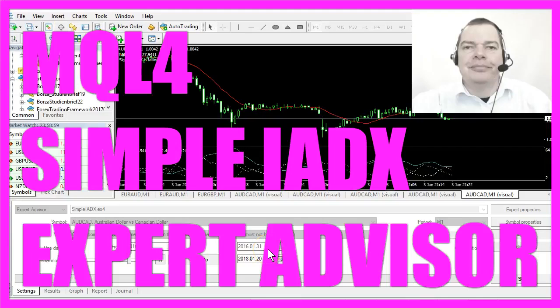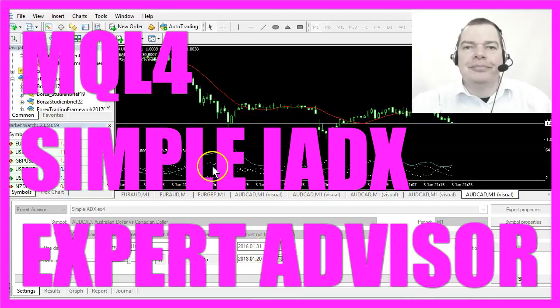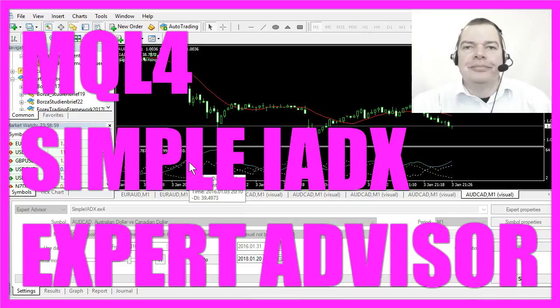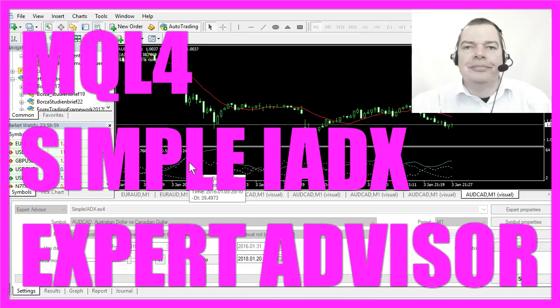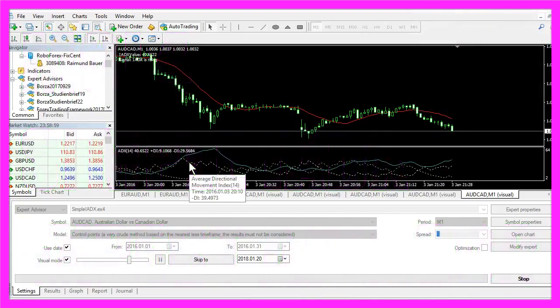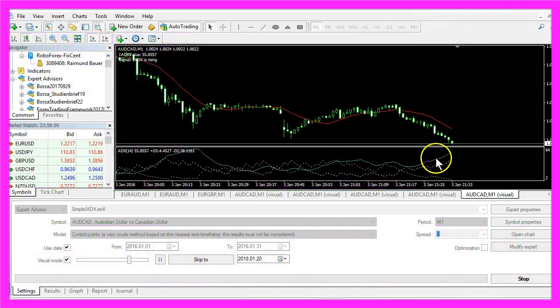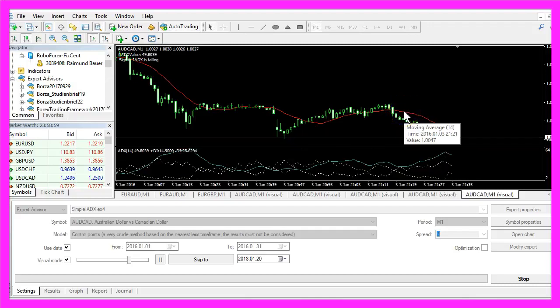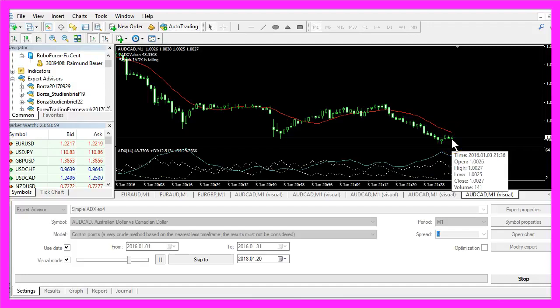In this video we are going to talk about this indicator here. It is the average directional movement index, and basically it's a trend confirmation oscillator. Whenever the line here is rising, that's a trend confirmation, in our case for a short trend that is developing